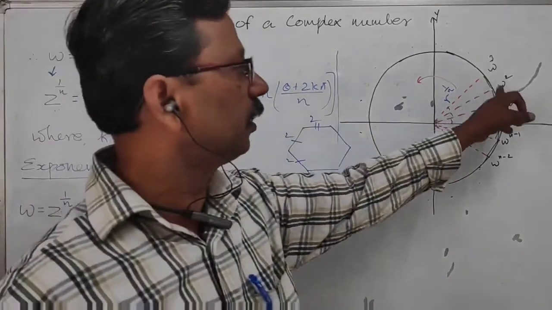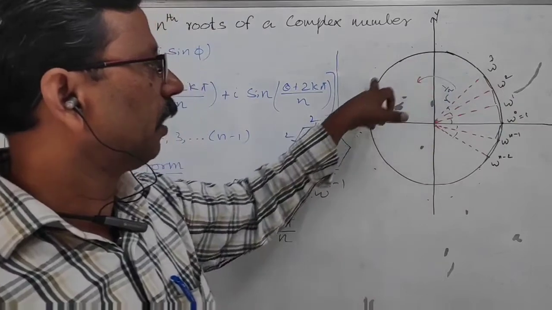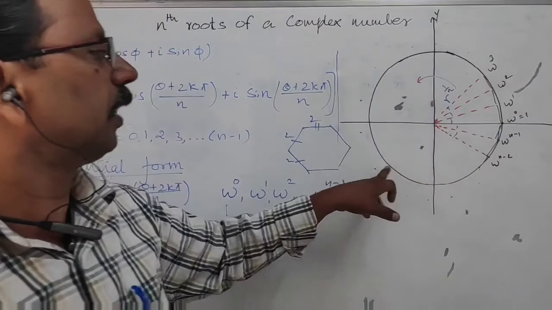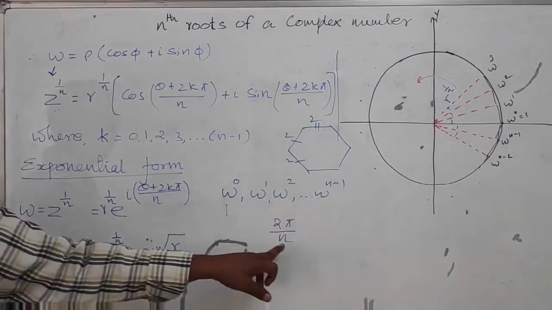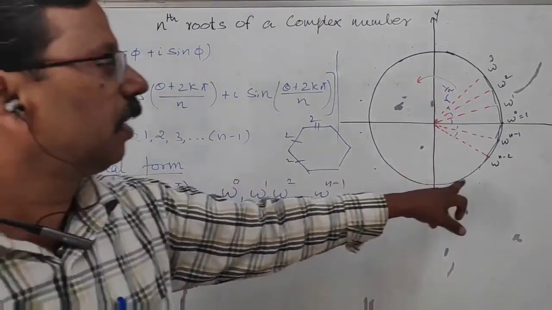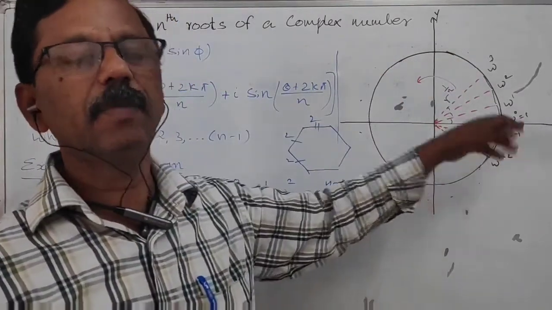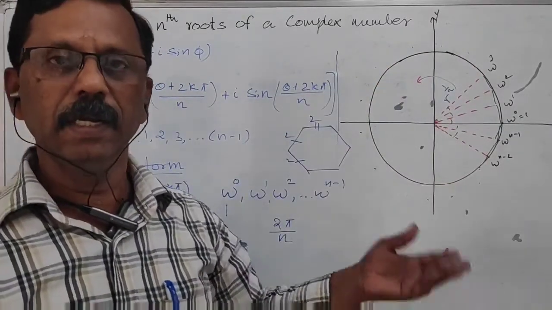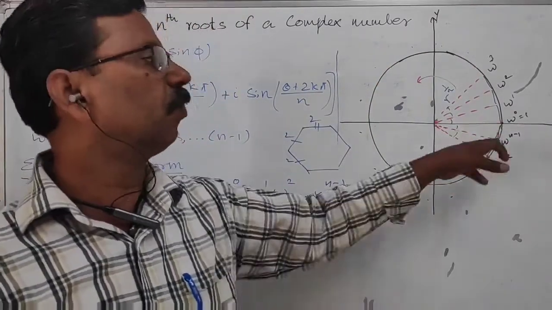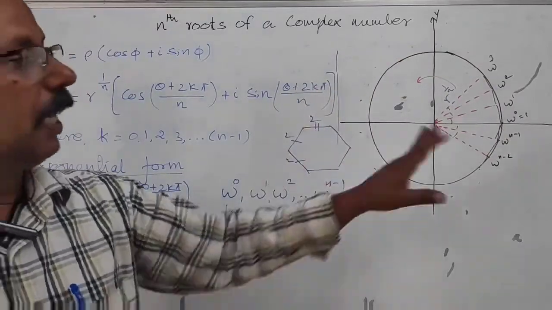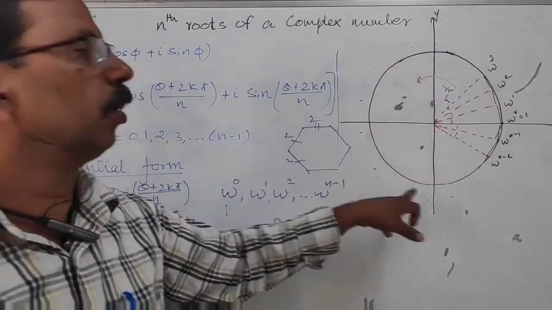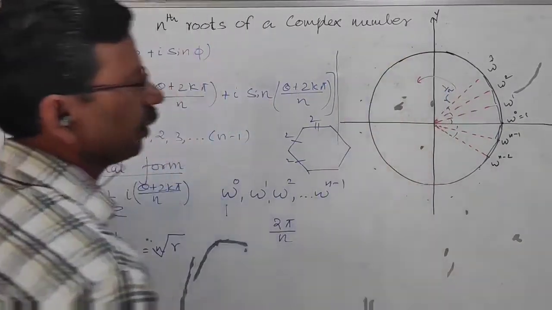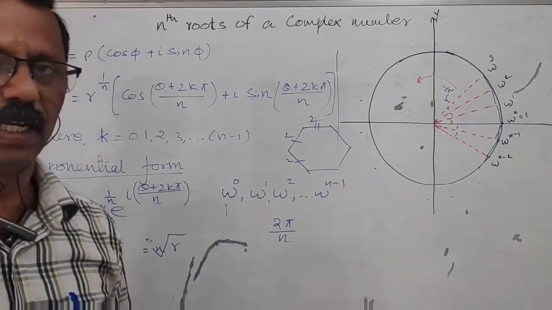Likewise, if you join these vertices, you can get a polygon which is inscribed in the circle. Now this polygon will have how many sides? N sides, because we are going to find n roots. Now this will be an n-sided regular polygon. Suppose there are 3 roots, you can get a 3-sided regular polygon, a triangle. If there are 4 roots, you can get a 4-sided regular polygon, a square. Likewise, we can find the polygons. Now here, if the radius is 1, we can call it a unit circle. That we will see in the next class.